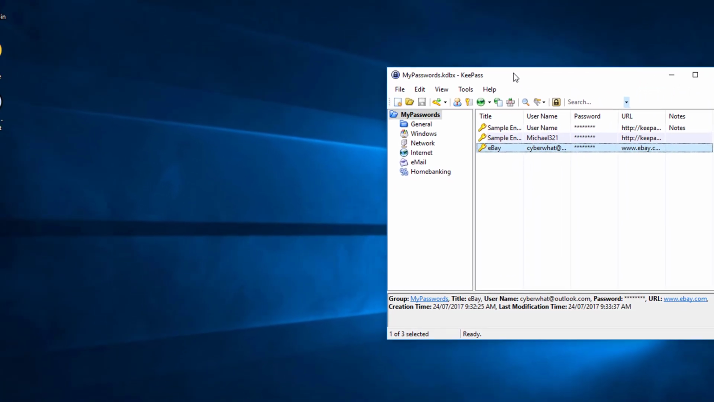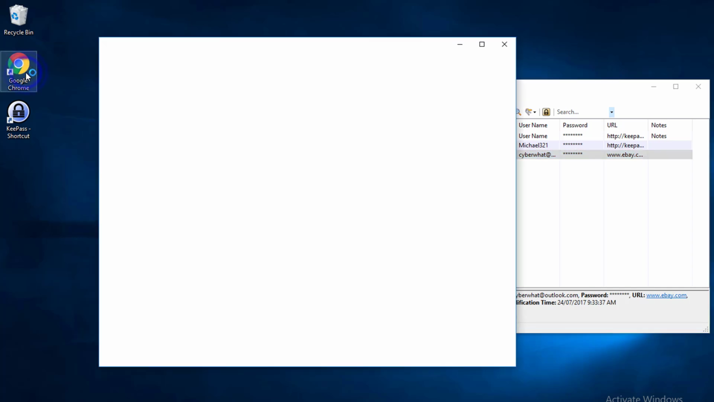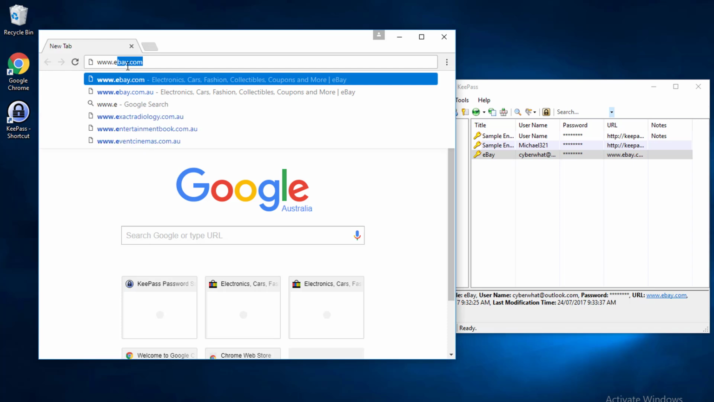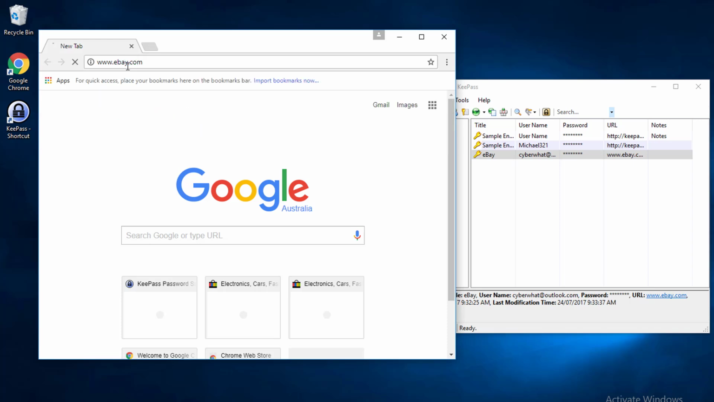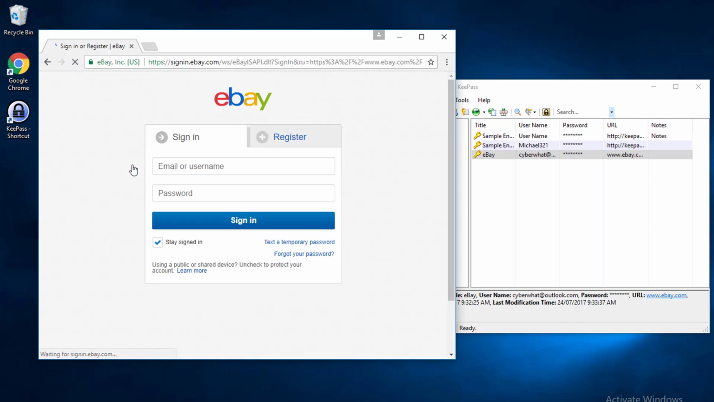KeePass doesn't have some of the fancy integration of a program like 1Password. So what we need to do is get our website ready that we want to log into. If we open up our browser again, I'm going to go to eBay. I'm going to click on sign in, and now I'm going to enter in my username,